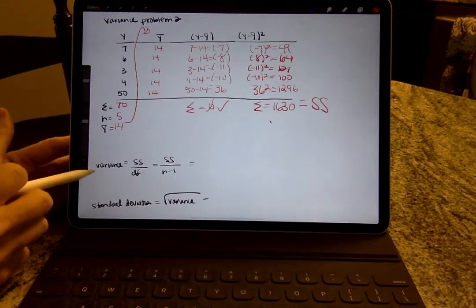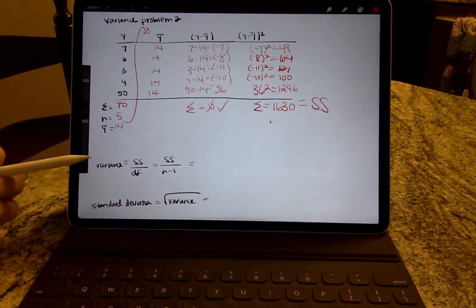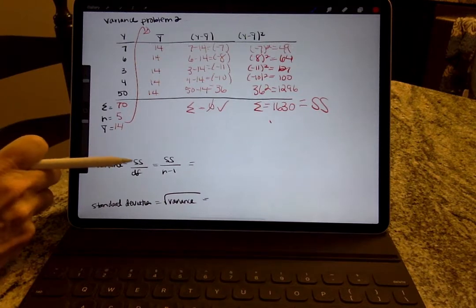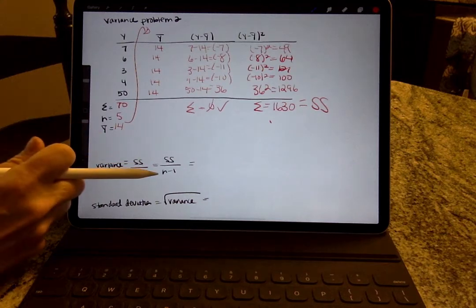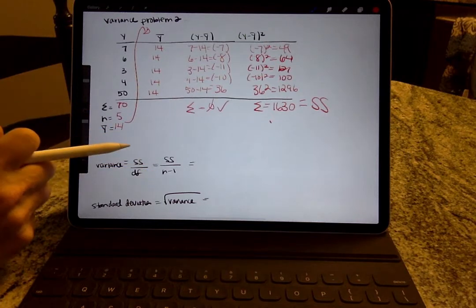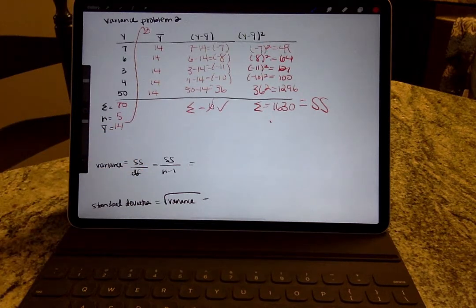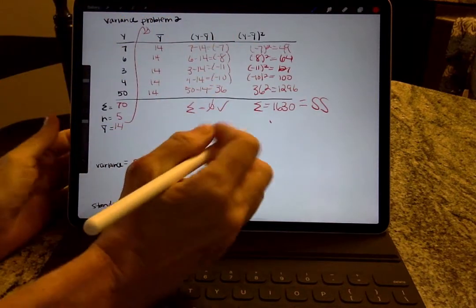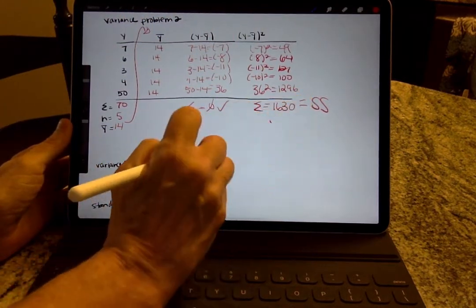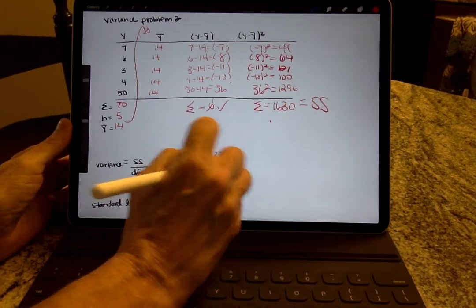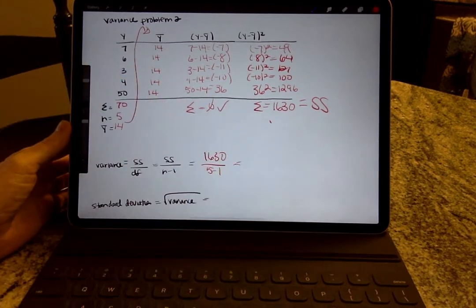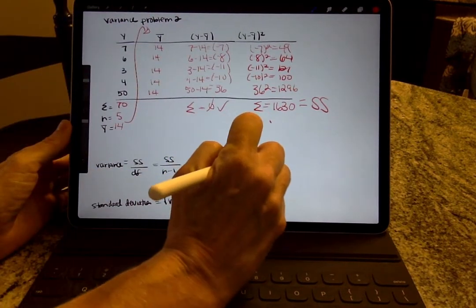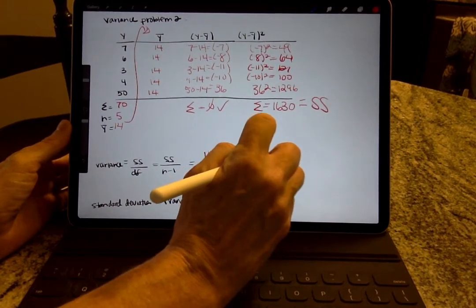Once you have the sum of squares, you are ready to calculate variance. Remember from the last video, variance is defined as the sum of squares divided by the degrees of freedom. For now, our degrees of freedom are always going to be n minus 1. That's going to change when we get into our first inferential analysis, but for now, degrees of freedom is n minus 1. So all we're going to do is plug the numbers we calculated into this formula. Our sum of squares is 1630. Our n is 5. So 1630 divided by 5 minus 1 equals